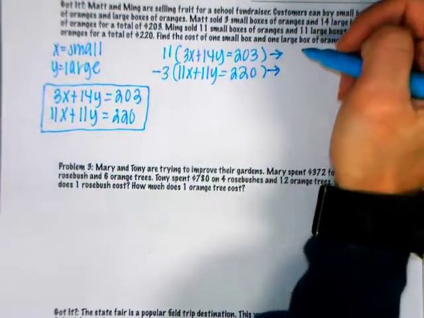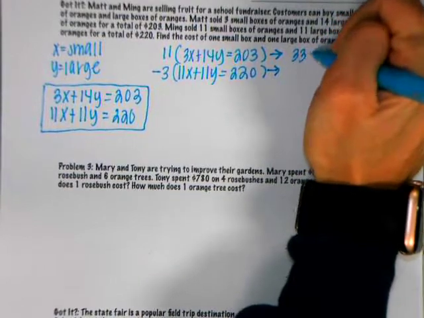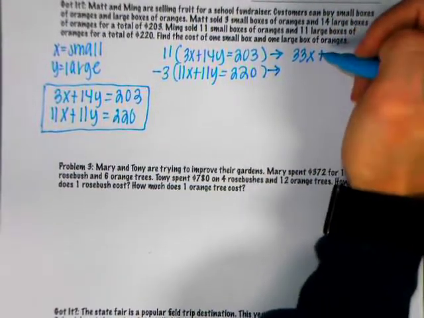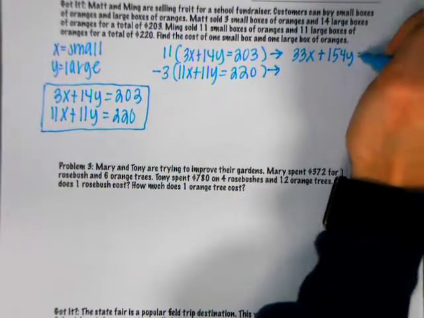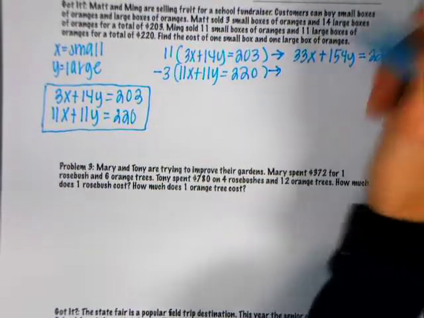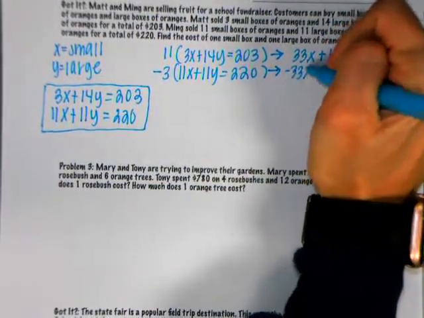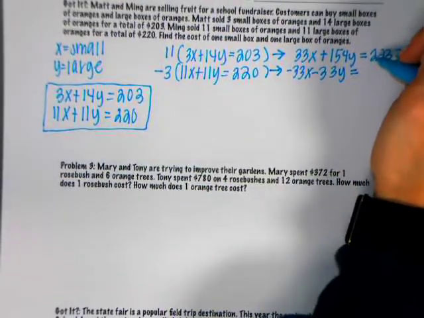So there's lots of ways that you can go about this and get the same answer, okay, guys? So you'd get 33x plus 154y equals 2233. And then negative 33x minus 33y equals